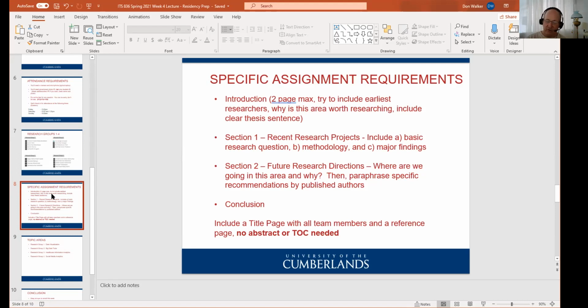If you read enough of these articles, you'll see the similarities. So future research directions: where are we going in this area and why? There are big ticket reasons to do future research, and then there are specific recommendations by published authors that usually go into maybe